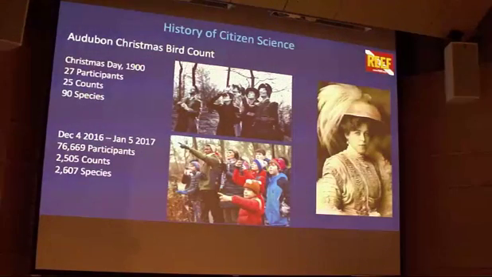I kind of think of the evolution of the more modern era of citizen science as the Christmas bird count. That was Christmas Day, 1900. There were 27 participants and they counted 90 species of birds. It was a result of people starting to notice that there were declines in bird species, and there was a big fashion statement that was happening with women putting more and more ornate feathers in their hats, and a couple of groups up in the Northeast decided they could go out and count as many different birds in different locations.